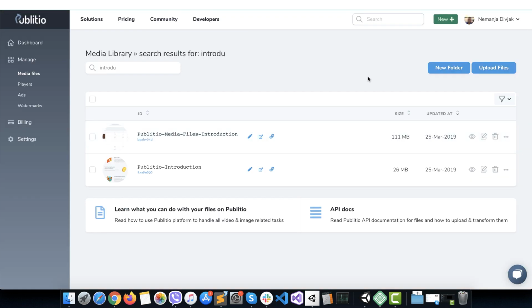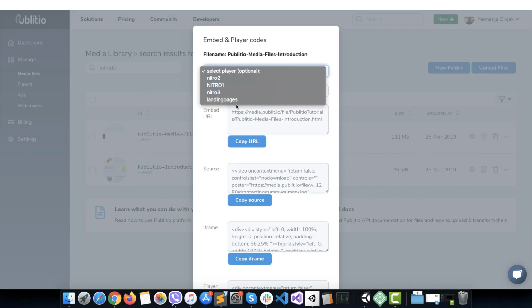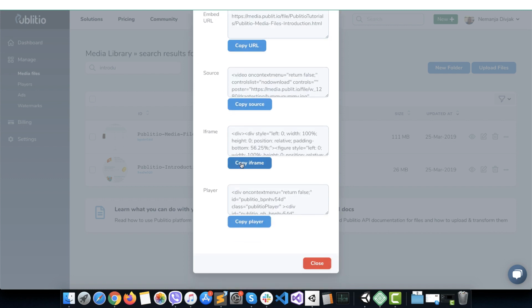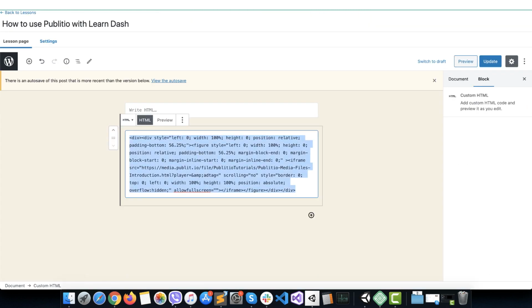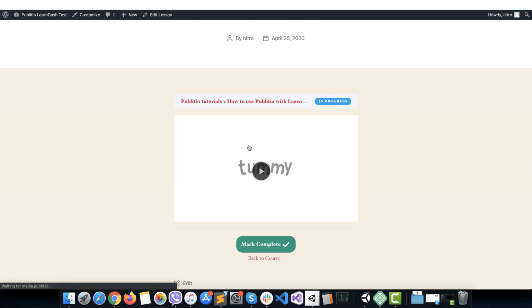One other option that you can do: you have the option to select Embed player code, and you have the option to select a player. I'm going to select a landing pages player because I know how it works. I'm going to click copy iframe, replace this one with the new one, and click update. Now on this page, what's going to happen is when I play,